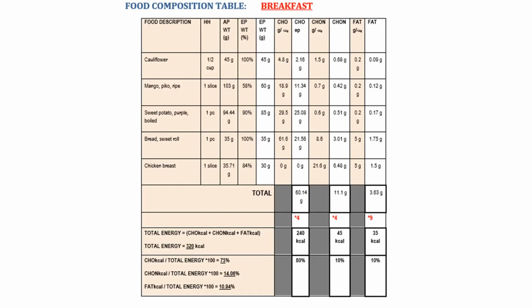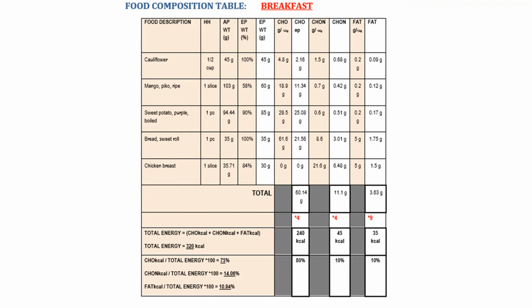For the food composition table, the first step is to list all the food items and then input their household measurements and EP weight in grams, which can be found in the food exchange list. Also, input EP weight in percentage and the data of the macronutrients such as CHON and fat, which can be found in the food composition table. To determine the AP weight in grams of each food item, divide EP weight in grams by its corresponding EP